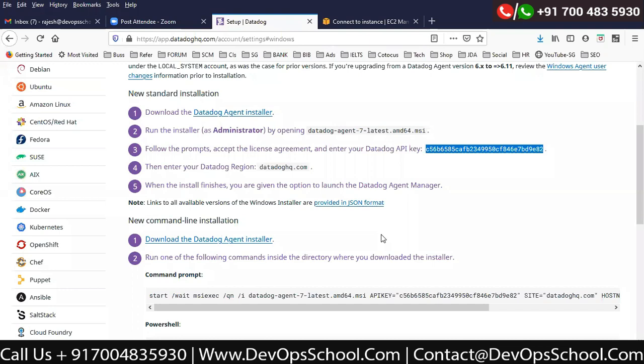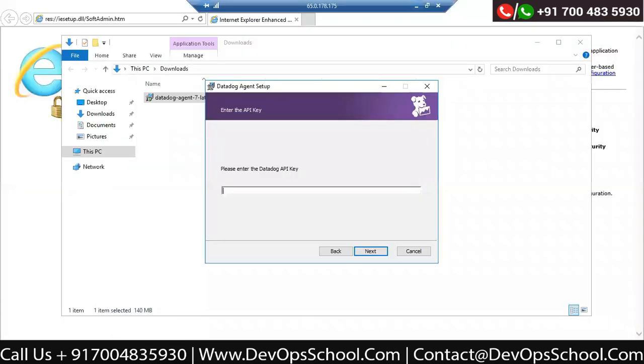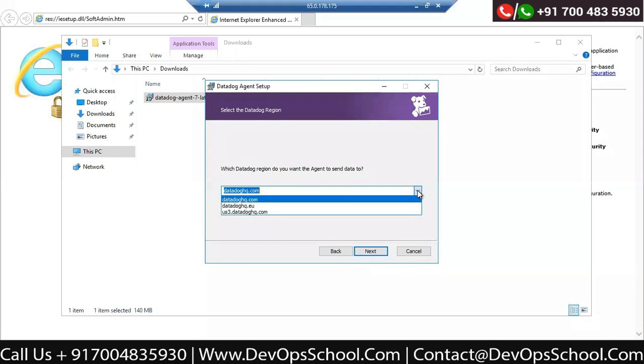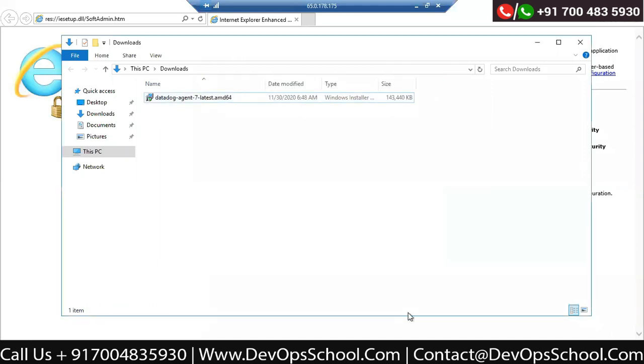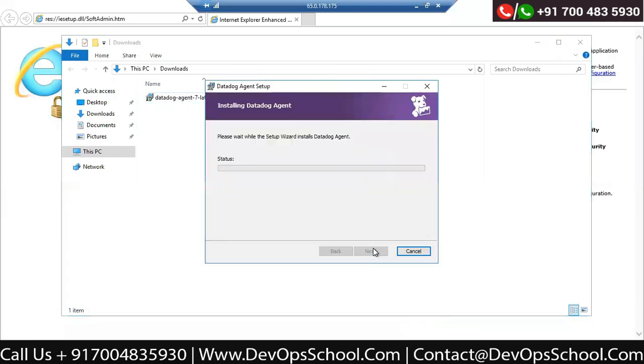By the way, you can get them in the My Documents directory as well. So you can get the key here and put it here. Next, what is the API address? You have two options, EU and US, and the US has two servers, and there's one. None of these in Asia. So click next, install.